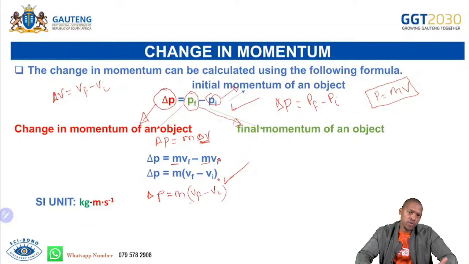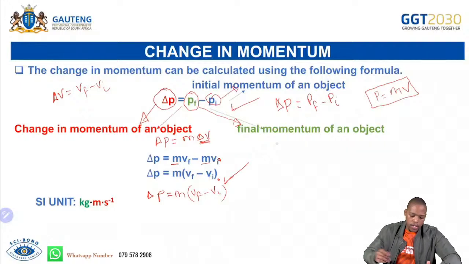Because it might happen that we find ourselves having calculated the initial momentum, having calculated the final momentum. Now we are asked the change in momentum. So if that is the case, we simply do what? Use this one on top here. But if maybe we are given the velocity of the object and the mass, then we might find ourselves having to use this one. So both are equally